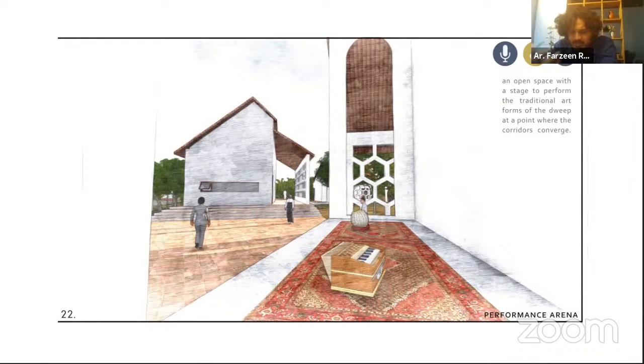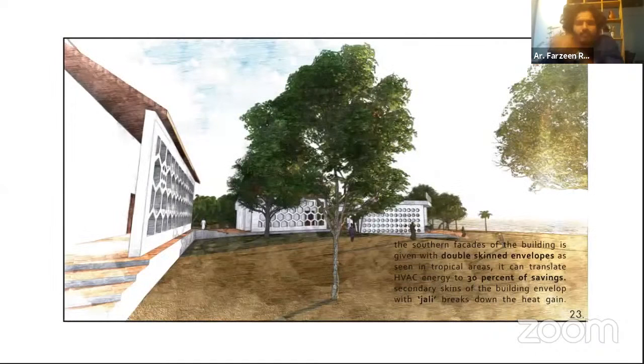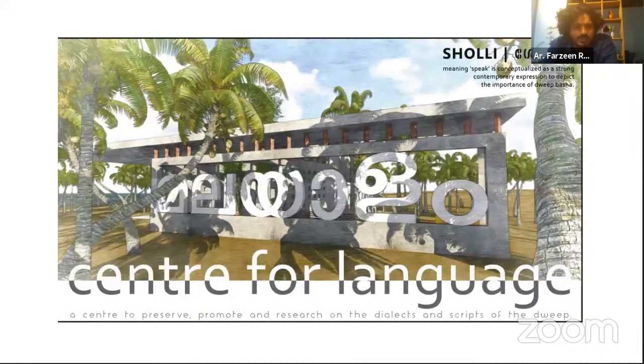All these islands are small land, just a few square kilometers. So it would be a space where people gather, and I need to say that you have no need to actually tell the Dweep people that they should gather. No, they'll obviously gather. It's their culture, their tradition. And these are the views with screened veranda walls and corridors, and the next is the Center for Language.